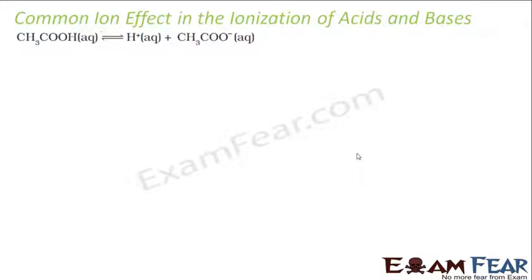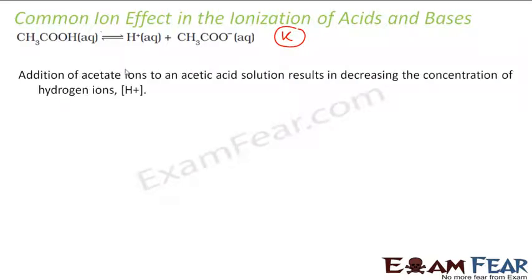So we have discussed the effects of change in concentration, temperature, and pressure on equilibrium. Now let's discuss the effect of ionization, the effect of ion addition. You add some ions to an already ionized acid or base. This is the equilibrium, and you are changing the concentration by adding ions. Let's suppose you add acetate ions. What will happen? You're adding more ions here, so according to Le Chatelier's principle,